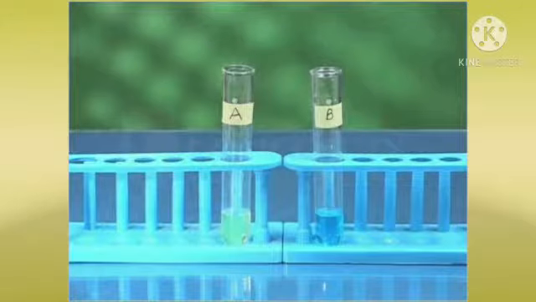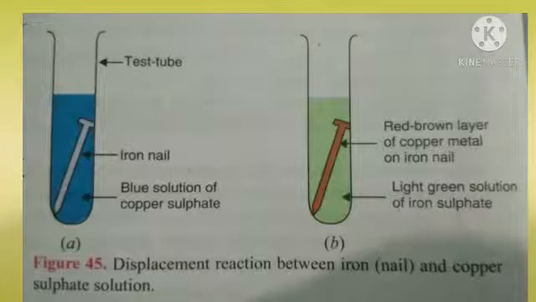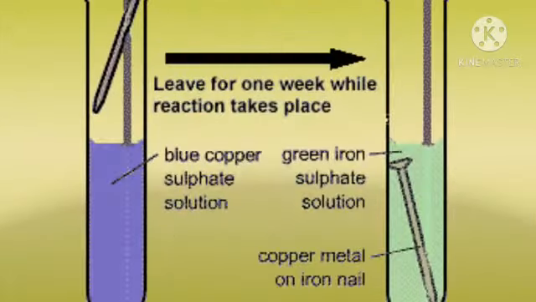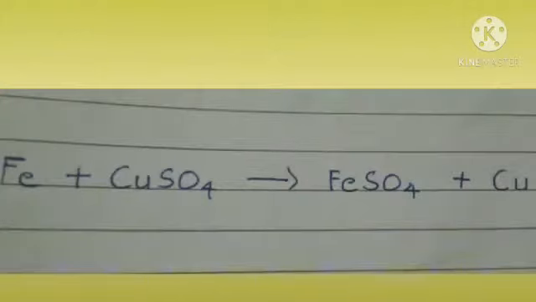Now take out the iron nail from the copper sulfate solution and compare it with the iron nail that has been kept aside. Compare the colors of the solution in the test tubes. You observe that the iron nail dipped in copper sulfate solution becomes brown. The blue color of copper sulfate solution in test tube A fades. In the chemical reaction in this activity, iron reacts with copper sulfate and changes to ferrous sulfate plus copper.